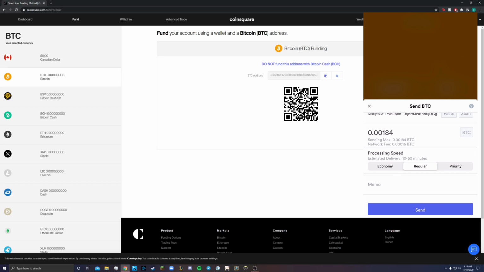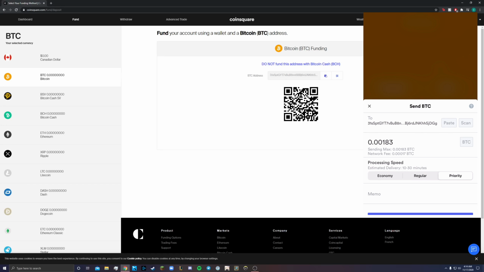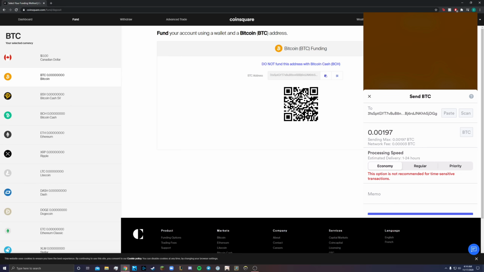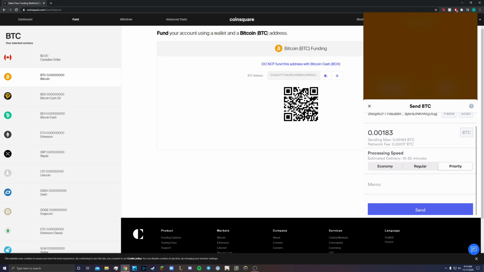And you can see here there's a network fee. They do take a fee to send Bitcoin. Depending on which of these 3 options you choose, the fee will be higher. So economy takes about 1 to 24 hours to send, regular takes 10 to 60 minutes, and priority takes 10 to 30 minutes. So we're gonna go ahead and send that right now